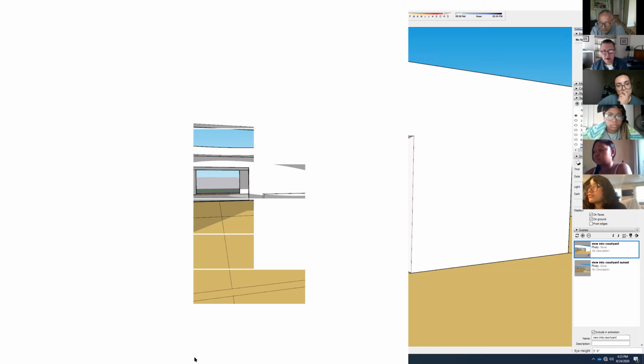Are there any concerns, Michael, with perhaps some of the computers struggling to have Adobe and SketchUp open at the same time? Are they going to have to toggle between them? I don't know, since I don't know how much memory students have on their computers. The one thing that you can do,